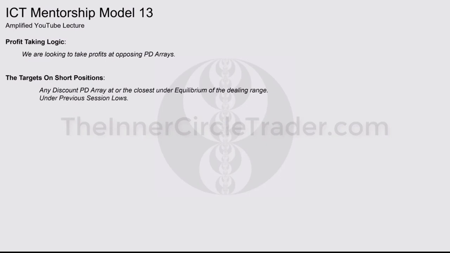Under previous session lows. Under previous day low. Inside the fair value gap or fair value gaps, because there may be multiple ones below equilibrium. Under any of the above suggested PD arrays. Meaning, if there is a fair value gap below previous day's low or previous day's session low, or the same